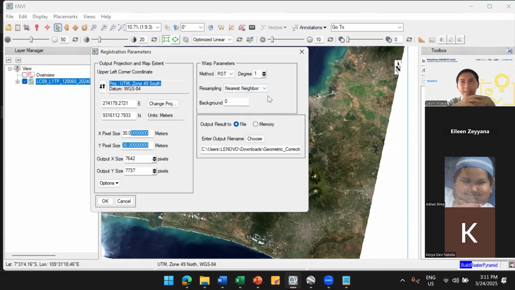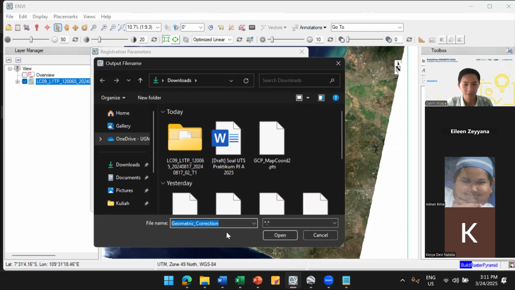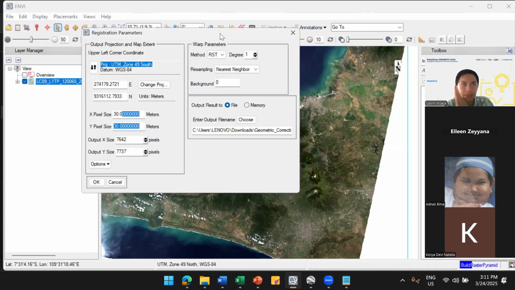This is actually a different approach or method for how we do the resampling. So you need to make at least three files. The first one is for nearest neighbor, geometric correction, nearest neighbor. Nearest neighbor takes the pixel value from the nearest pixel.